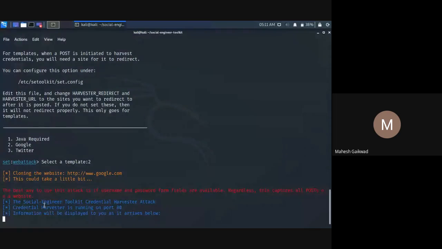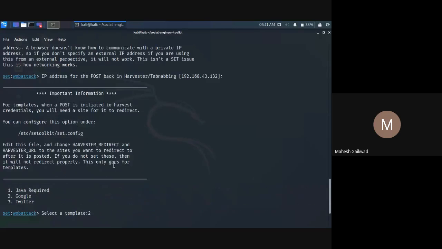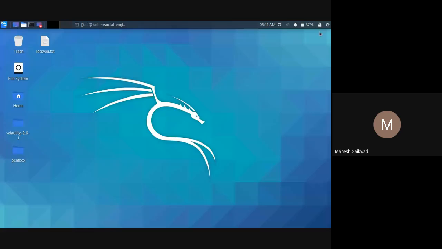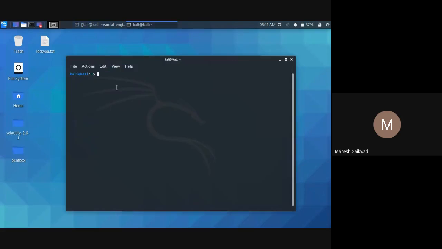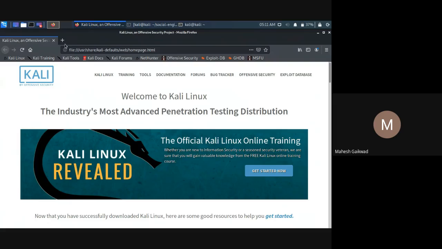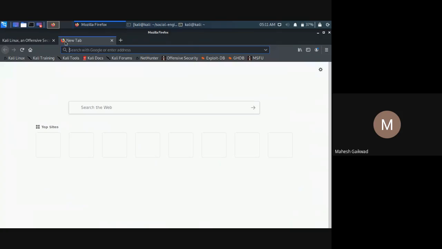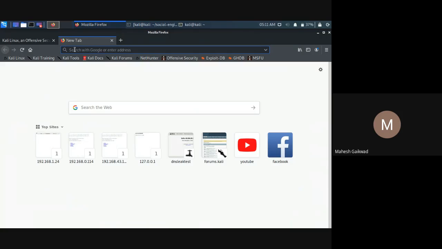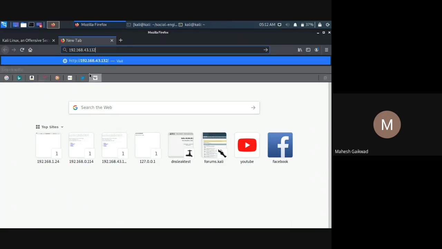So if I select Google, suppose I had mentioned a remote PC IP, then this page is going to be hosted over there. So if he browses through that IP and runs that,